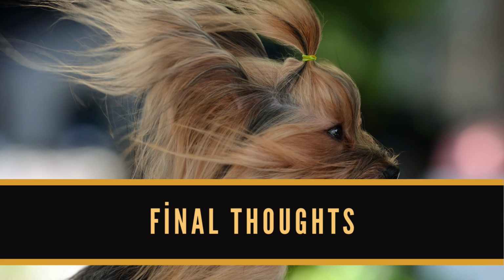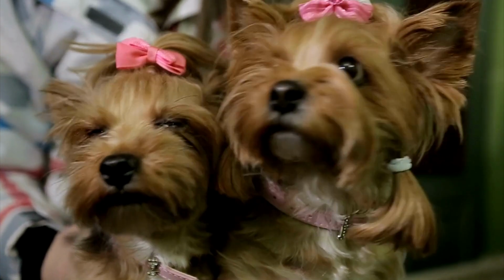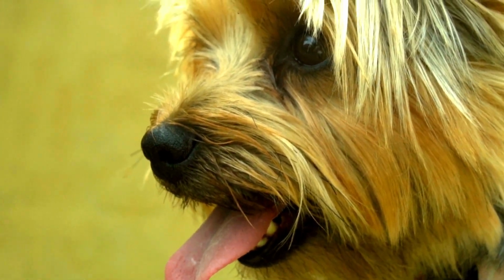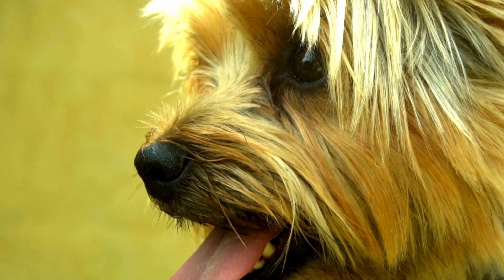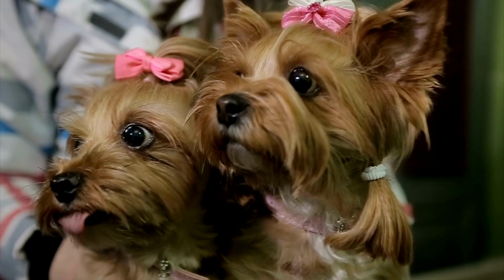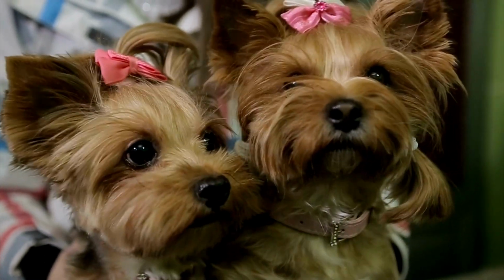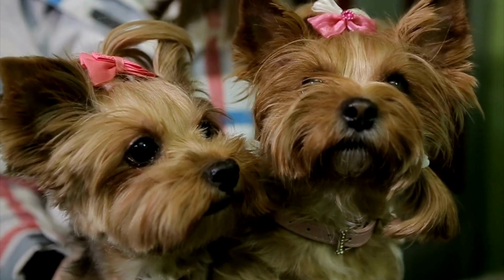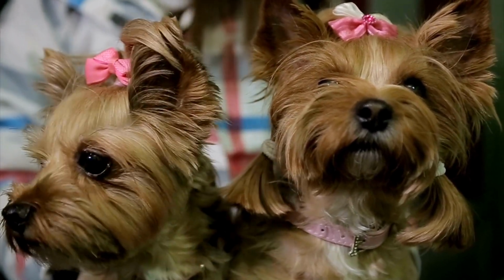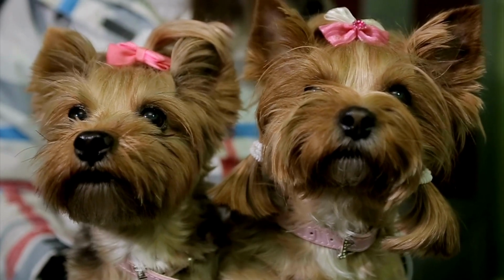A Yorkshire Terrier might be what you're searching for if you want a little dog with a large personality and a feisty, mischievous temperament. They are highly active and comparable in temperament to other toy breeds like the Pomeranian and the Brewer Terrier. Although Yorkies love to play, they may also quietly relax with their owners and cuddle after a long walk. As long as they are properly socialized, Yorkies get along great with both dogs and cats. Yet,